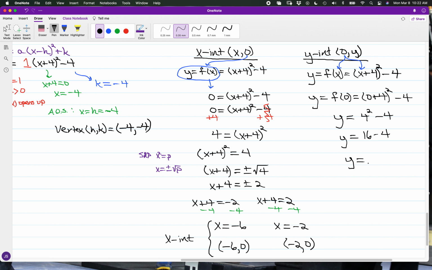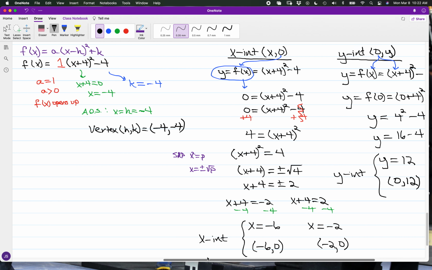So we have a couple of x-intercepts, where we have x at negative 6 and x at negative 2. And we'll have one y-intercept at y is equal to 12. And in coordinate fashion, we'll end up with the ordered pair 0, 12. All right, so in terms of the entire makeup,